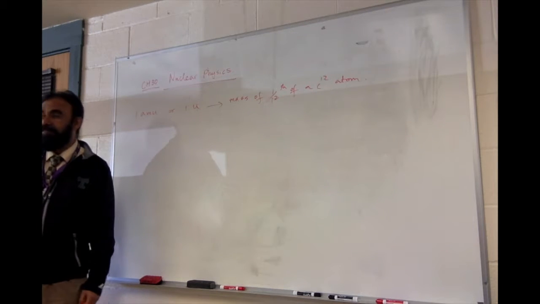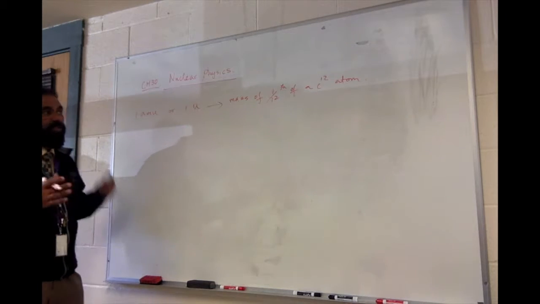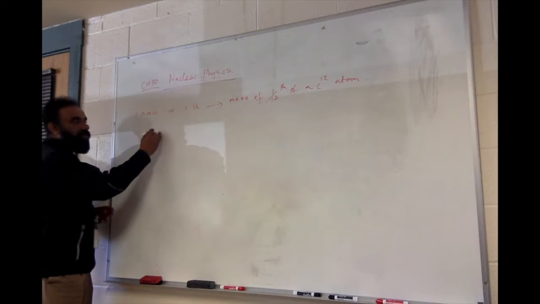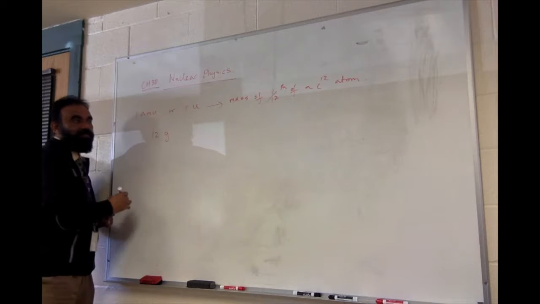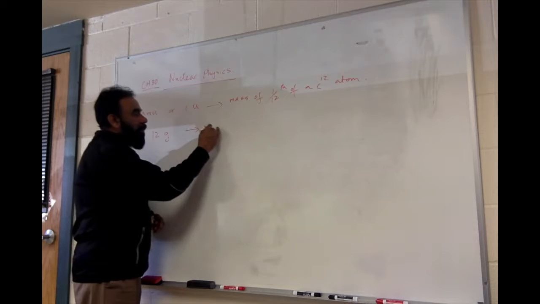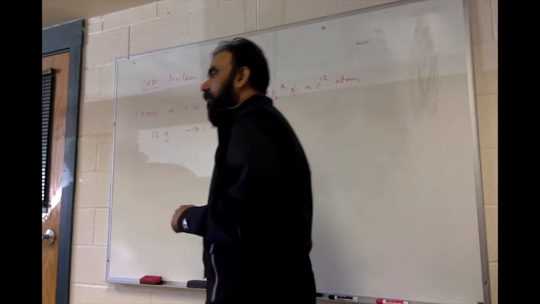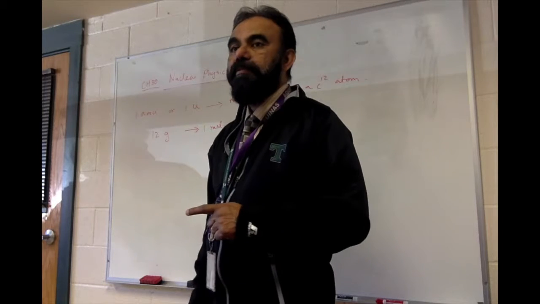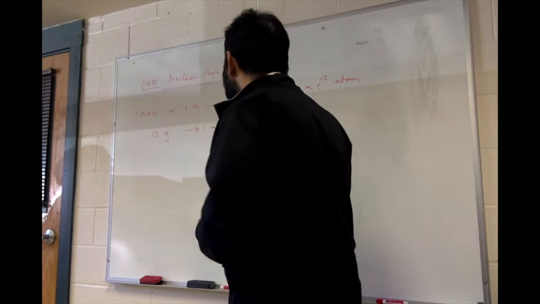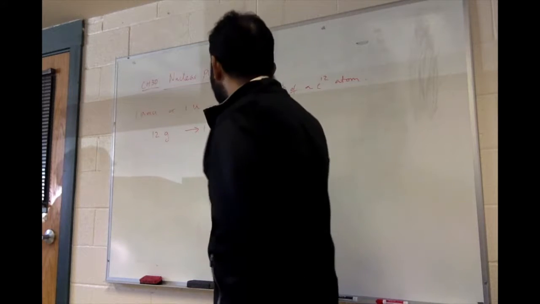Is it 12 kilograms, 12 grams? For that you need to know the connection. 12 represents 12 grams of carbon, which will be the mass of 1 mole of carbon,